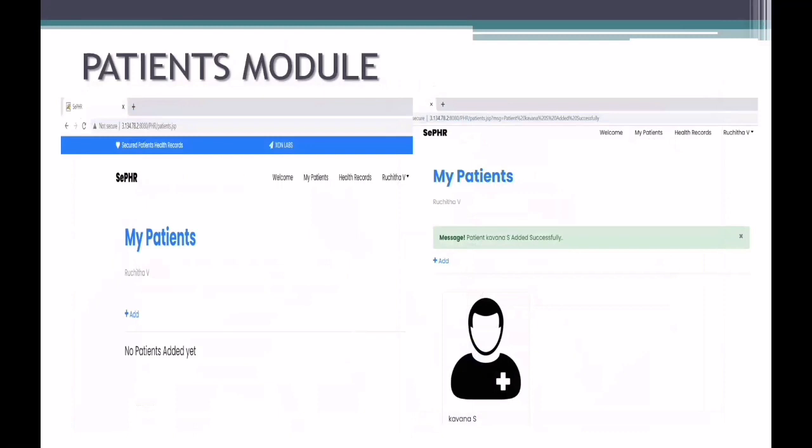And the patient's module. After the registration is successful, the doctor can add the patient by filling out the fields provided, where the patient's health records are maintained in the database. At the same time, the system also allows read-only access to the patient on their corresponding health records. Whenever the doctor adds the patient, a unique ID and password will be sent to the patient's mobile number, where the patient can get access by entering their unique ID and password provided to them.